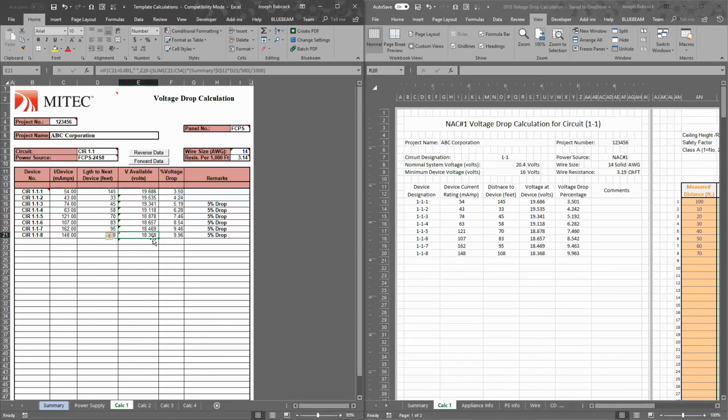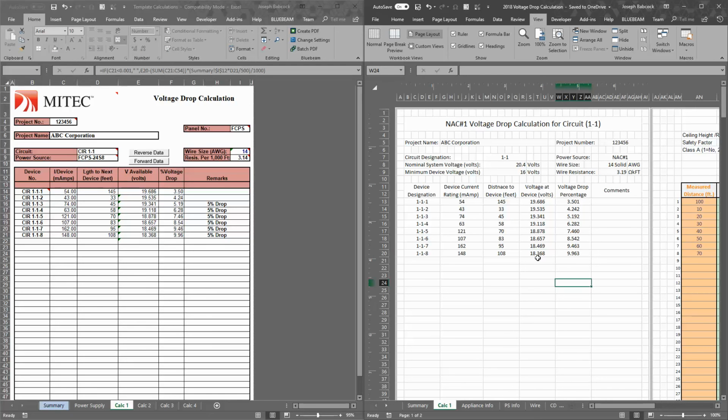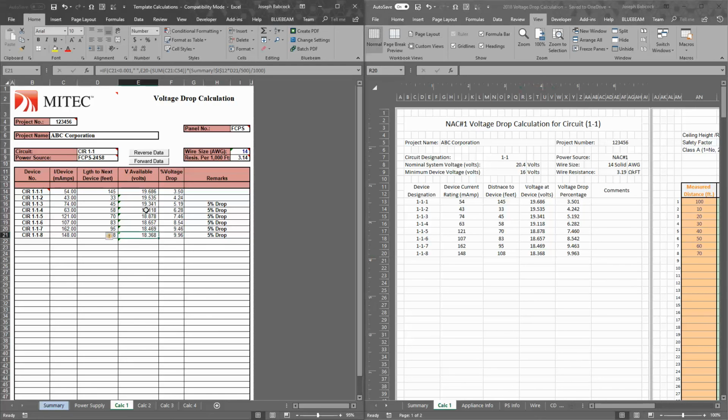So now we see 18.386, 18.386. So just one safety factor that's built into the MyTech calculator that may not be necessary. That's